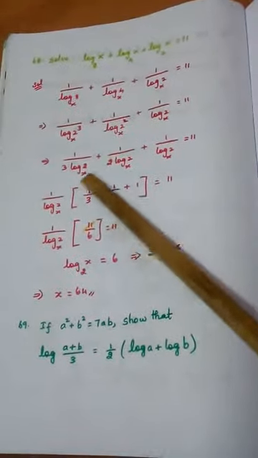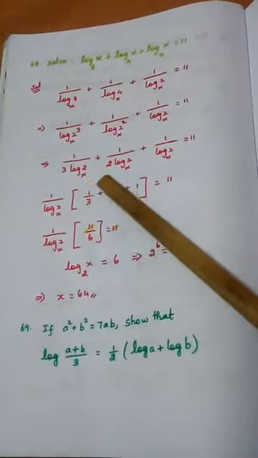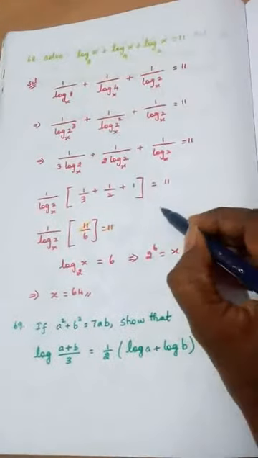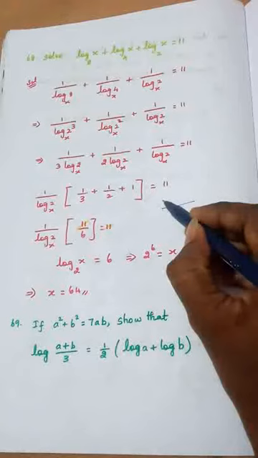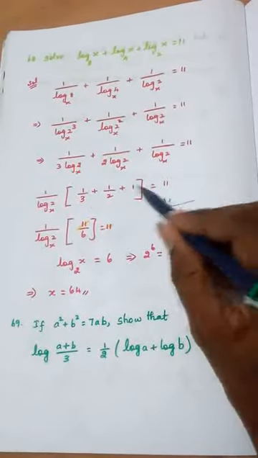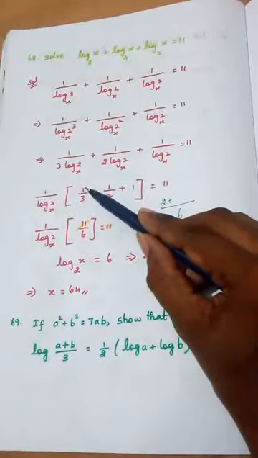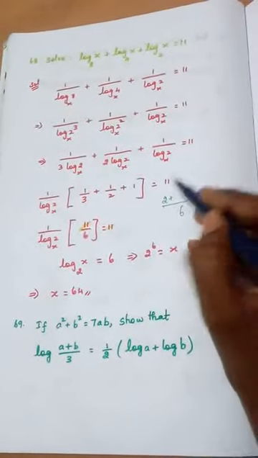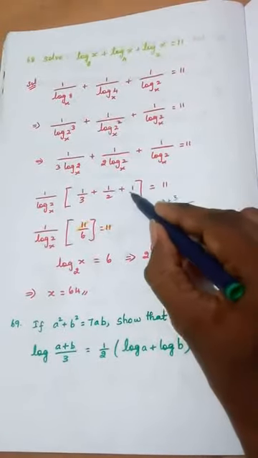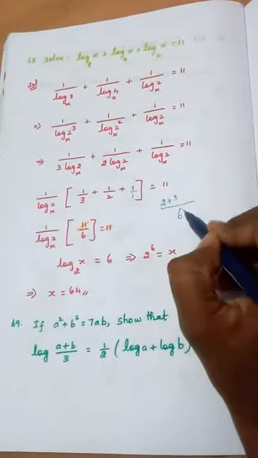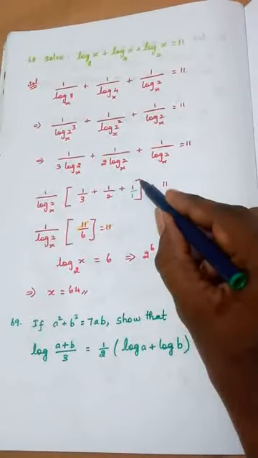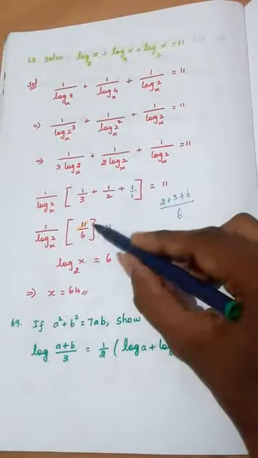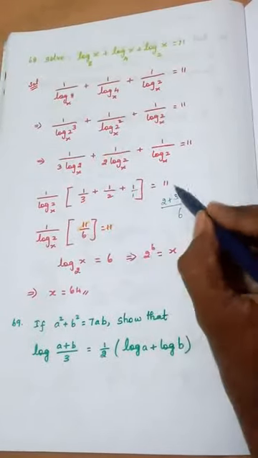Now take LCM for this. LCM is 6. What will come in the first term? 2, right? Because 3 into 2 is 6. So numerator will have 2. LCM is 6. So 2 into 3. Here into 3. 1 into 3 is 3. Here we are having only 1, right? So LCM is 6. So I should multiply by 6. Also numerator should be multiplied by 6. So plus 6. 2 plus 3 is 5. 5 plus 6 is 11. So 11 by 6 comes equal to this answer.